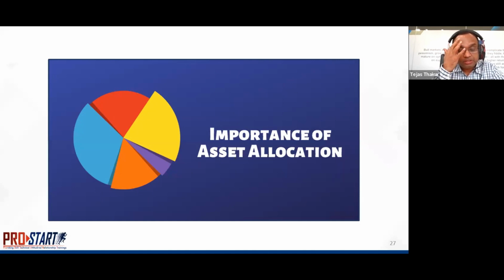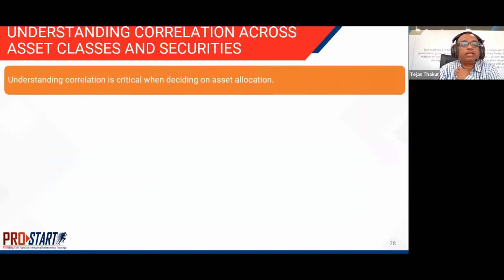Professional investment experience has been suggesting that in the long run, the asset allocation decision majorly influences the performance of the portfolio. It's not an isolated decision, it is a component of the portfolio management process. The second step is to understand the correlation when deciding on asset allocation. It is one of the most critical steps in deciding asset allocation because